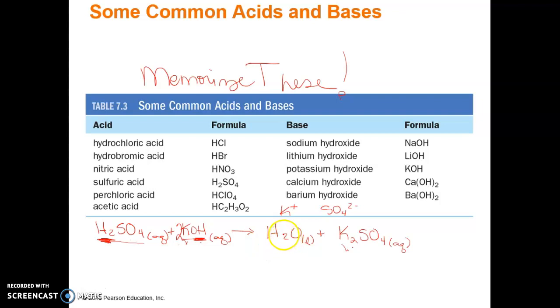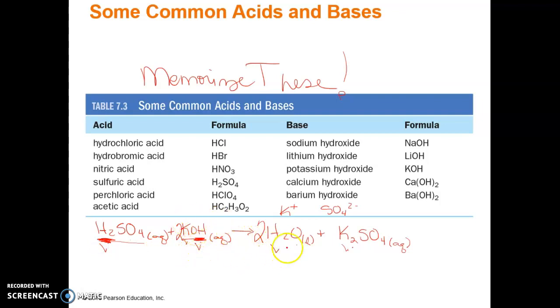Okay, I cannot go in and change the subscripts, right? So I'm just going to throw a 2 out in front here, and if I throw a 2 out in front, that gives me 4 hydrogens on the right-hand side. Okay, gives me 2 oxygens, which should be good. So let's check this out. I have 2 plus 2 more hydrogens, a total of 4 on the left,